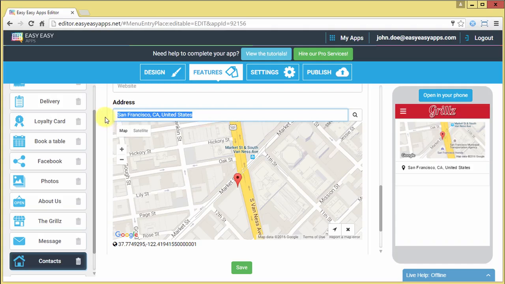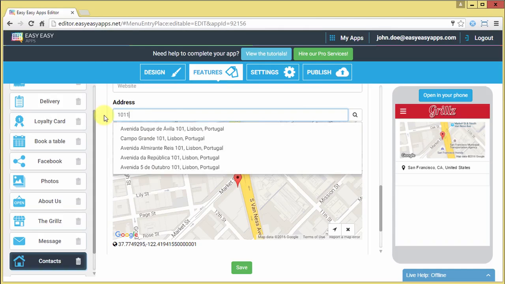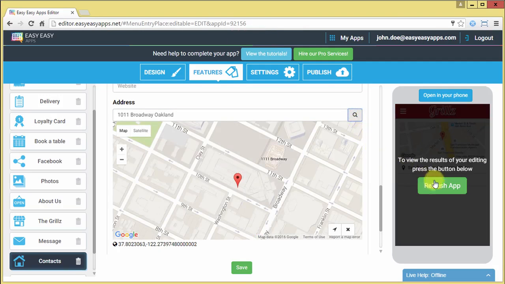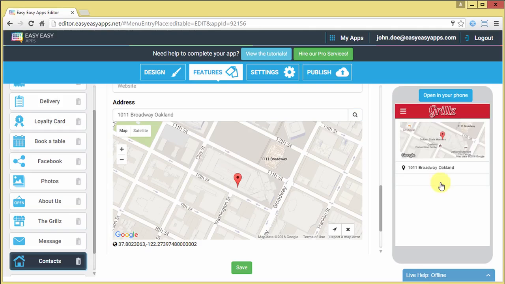To configure the address, you can enter the full address in the designated field as if you're entering it in Google Maps. Automatically, the app maker will try to complete your address, giving you the best suggestions based on Google Maps information. After you enter your complete address, press the Enter key or on the magnifying glass icon. The calculation of your position on the map is done automatically, depending on the address you entered.